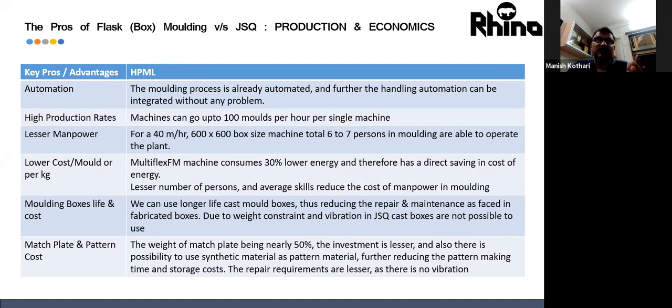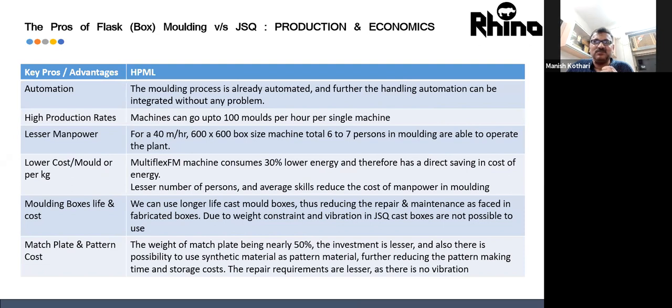But one of the cons of this is the moment you go for full automation, the overall efficiency of the plant may be limited to 60 to 70%, is what I've seen across different foundries. It may not be as high as a manual machine because there is no bypass. Everything is in sequence. So that would be a disadvantage on the side of higher productivity. But if you are maintaining the machines well, you can get consistent production. That's a higher production rate.